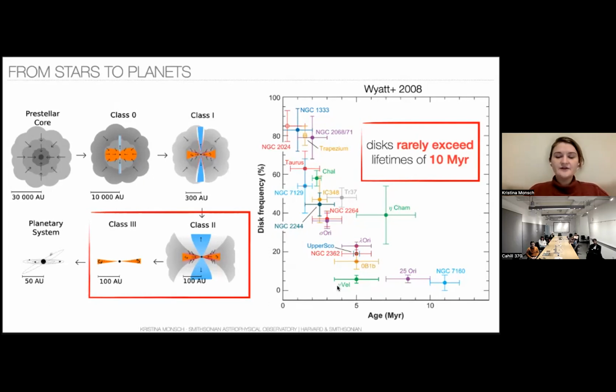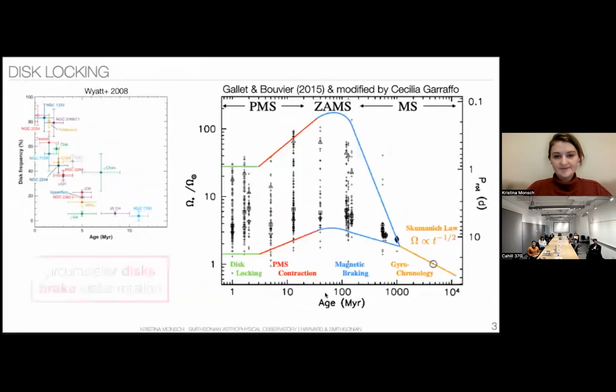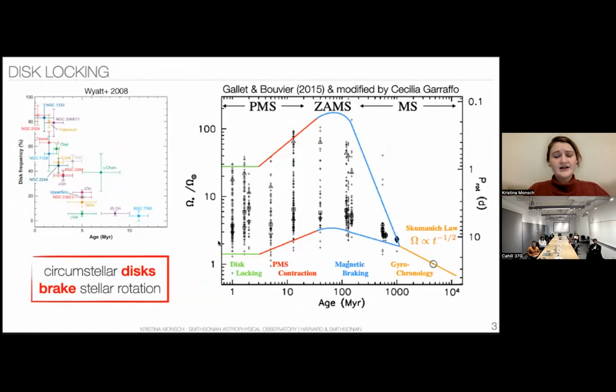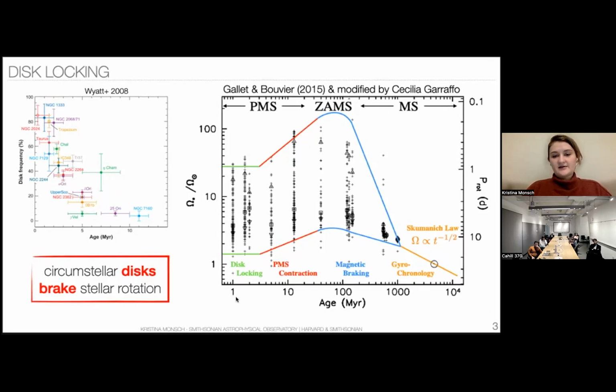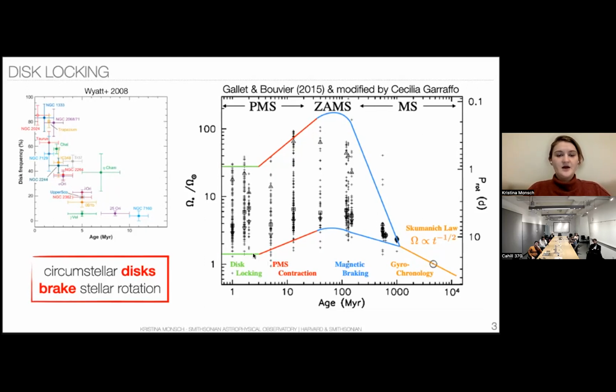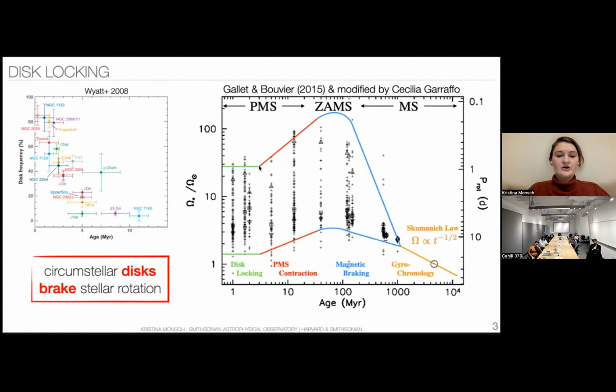But even though they are short-lived, they can have a profound effect on the subsequent rotational evolution of a young star. And this is what you can see in this plot on the right, which shows the rotation rate as a function of age for a large collection of different open clusters, shown here as the black crosses. These different regions span ages from very young, like 1 to 10 million years, up to a few giga years. Fast rotating stars are shown on the top, meaning they have higher rotation rates, and slowly rotating stars are shown at the bottom. What you can see is that young open clusters are born with a broad range of rotation periods. And during the time in which the stars are still surrounded by the disk, we can observe that the rotation stays more or less